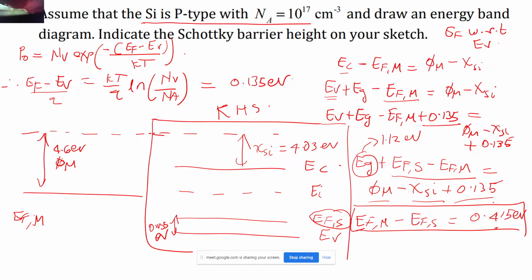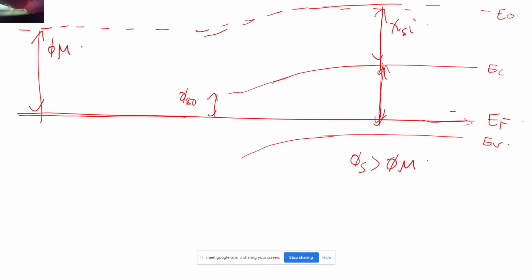And now in the next case, in the case of the p type, I have to determine the phi BO over here, right? So how am I going to determine the phi BO? See, the barrier is always present for the majority carrier flow, right? So for n type, my majority carriers were electrons, and that's why I was taking everything with respect to EC, that is the difference of EC and the Fermi level present on the metal side, right? But here my majority carriers are going to be holes, right? So I cannot take the difference with respect to EC. Now I have to take the difference between your EF and EV, right?